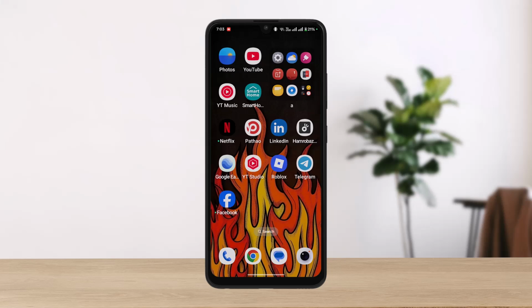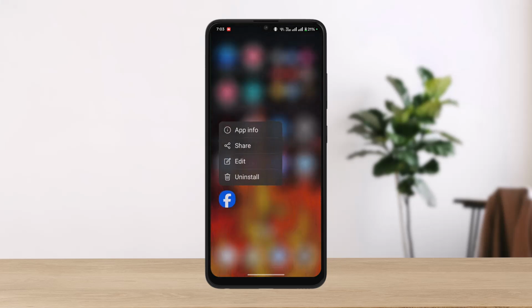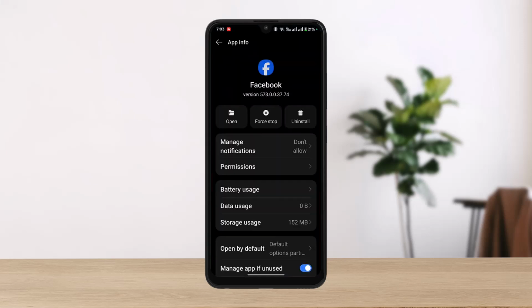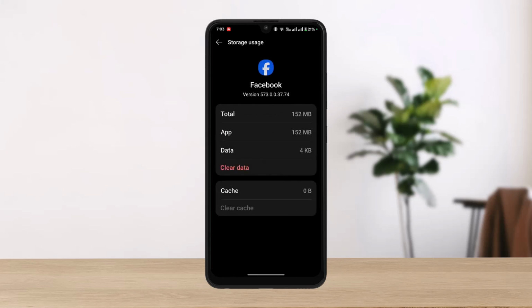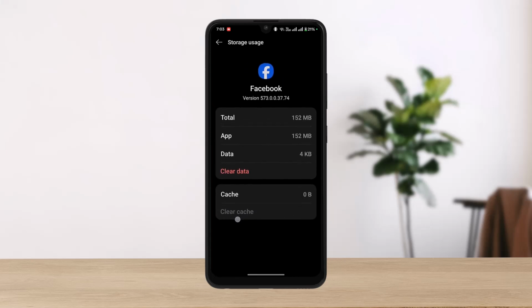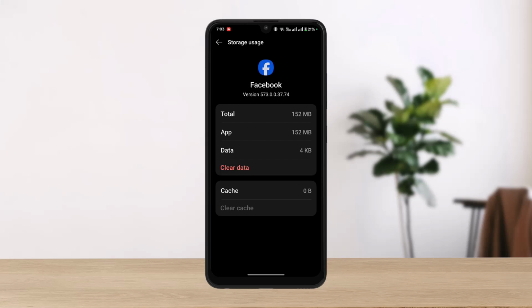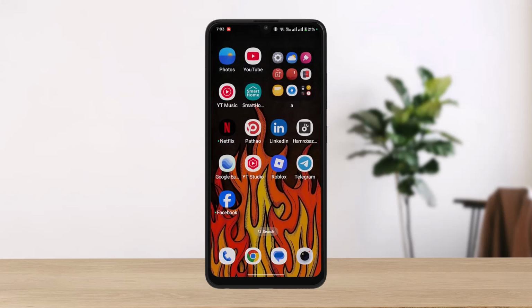In order to do that, long press on the Facebook application. After you do that, go to app info. Now over here, go to storage usage, and after you do that, over here you can tap on clear cache. Since I have already done it, I cannot do it right now. After you do that, simply check by logging into your account, and if it still does not